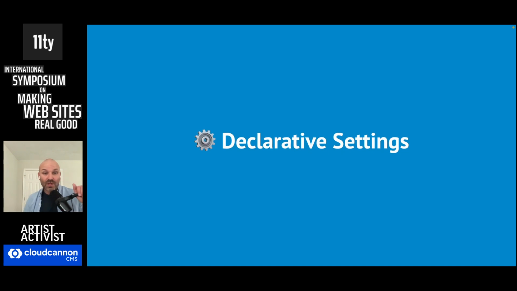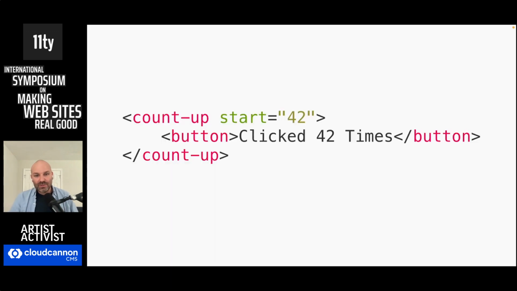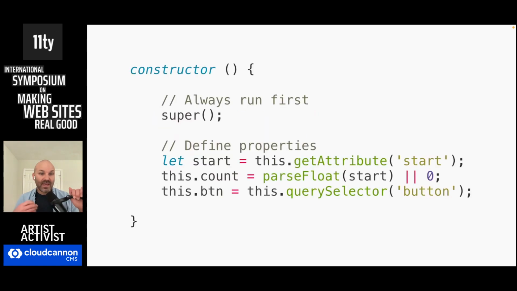With web components, you use custom attributes in your HTML to define your options and settings. For example, let's say you wanted to be able to define a custom starting number for your counter, in this case 42. You could add an optional start attribute to the countup element and then give it a value. In your constructor, you can use the getAttribute method to get that attribute and the parseFloat method to convert it from a string into a number. And then if that attribute exists and is a valid number, you use it for this count instead of the default of 0. But if not, you fall back. So users don't have to use it, but they have the option.